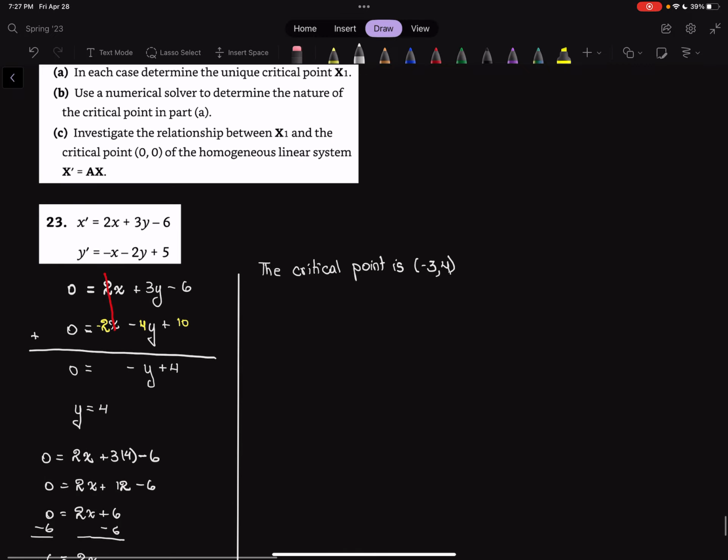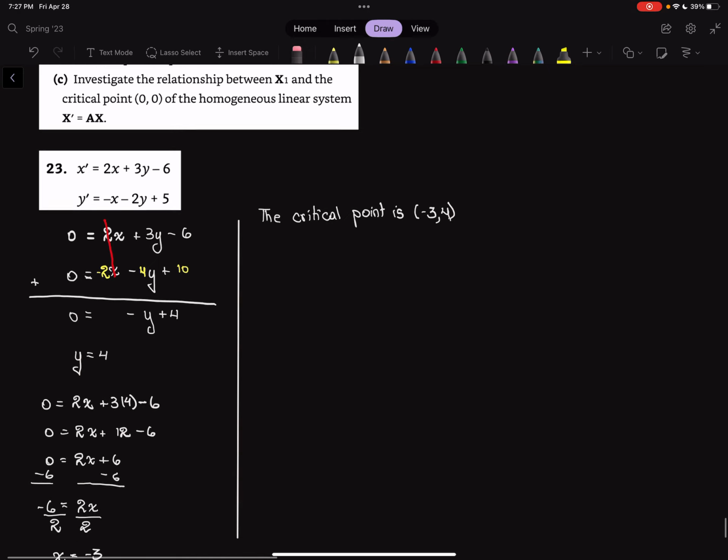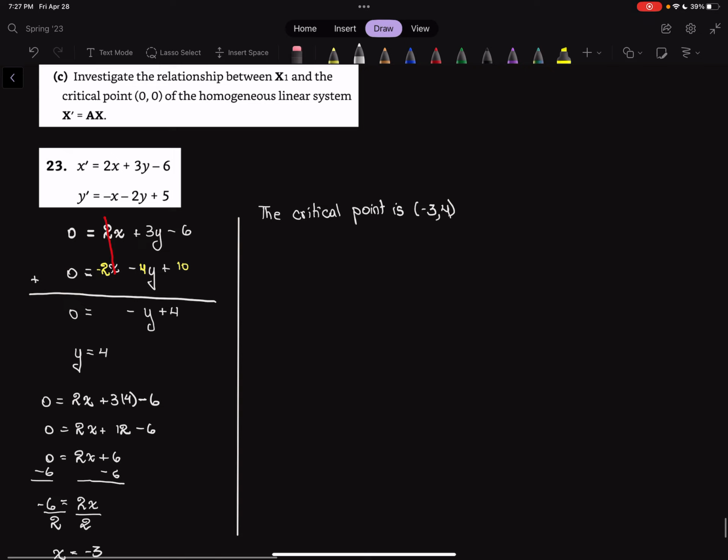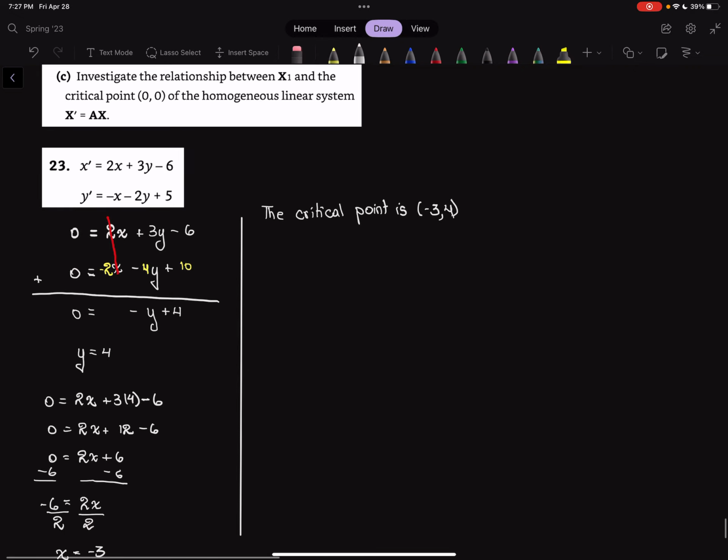Now, what was the second part? Use a numerical solver to determine the nature of the critical point in part A. So they want to know what this is, and they want a numerical solver to do that. There's other ways to do it, but I'll show you how to do it with a numerical solver. We'll get to those. And then C, investigate the relationship between x1 and the critical point 0, 0 of the homogeneous linear system. So I have a feeling